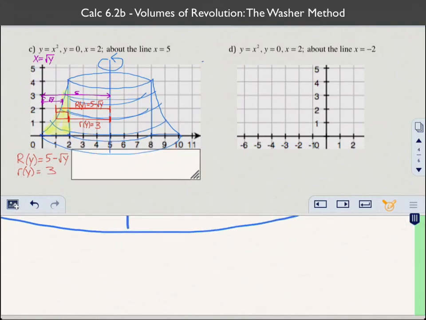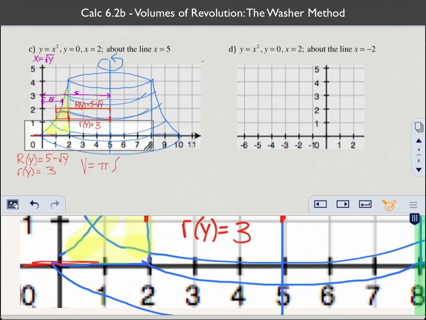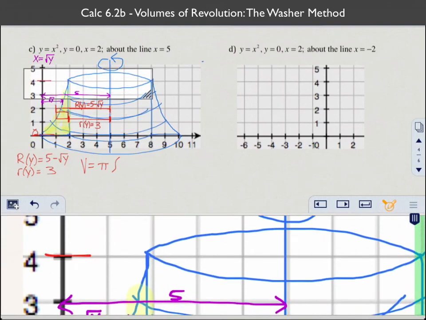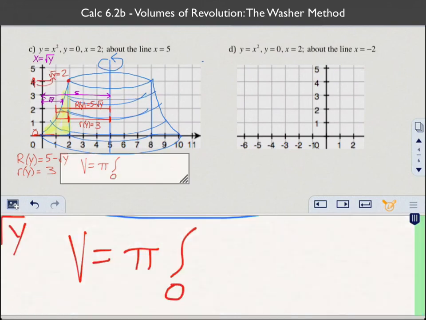And so let's find our volume. It's going to be pi. We always think pi r squared. So our limits of integration now have to be in terms of y. So we're actually going all the way from here, from y equals 0, up to here, which is 4. Now how do we know it went up to 4? That's where this intersection happens. Okay, so that's where the square root of y equals 2. Because if you plug in 4 right here, that equals 2. So limits of integration are 0 to 4